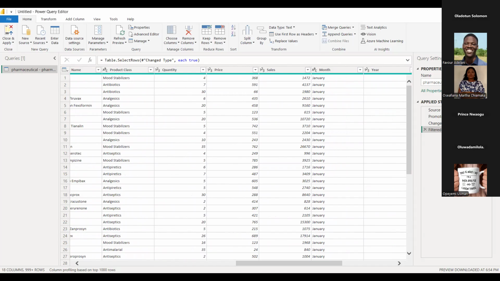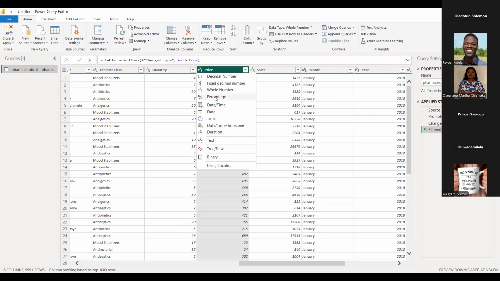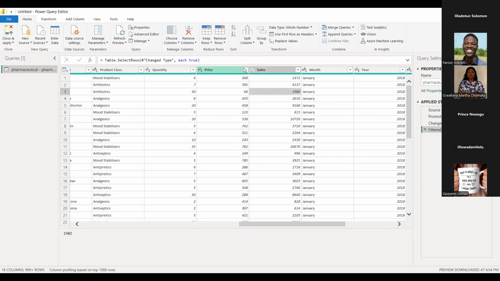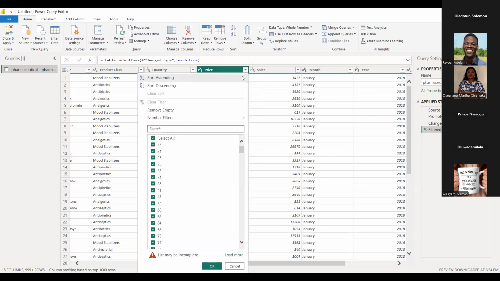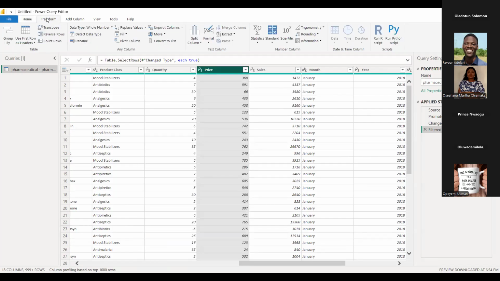Euros. Are you sure? Yes, euros is better. Okay, good. Thank you. So basically, to do that, we're going to be changing this by changing the data type.